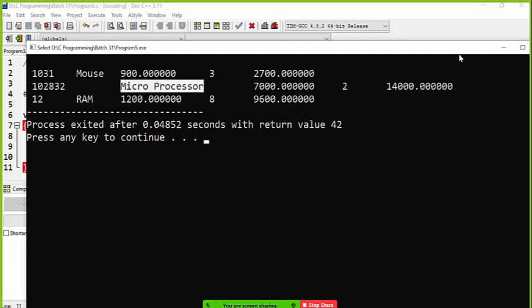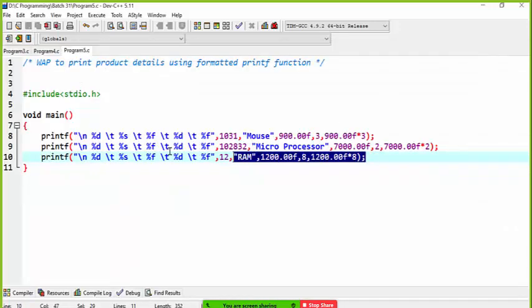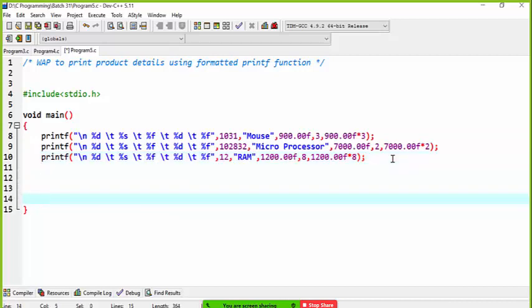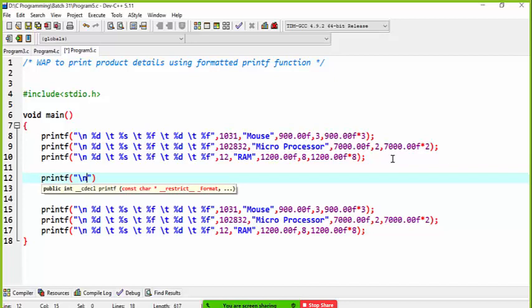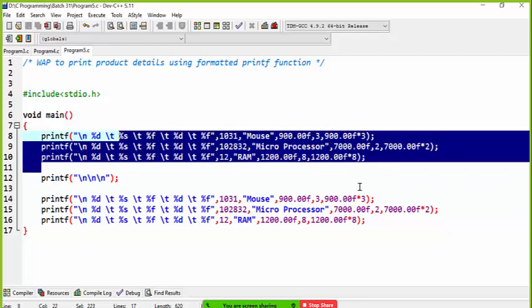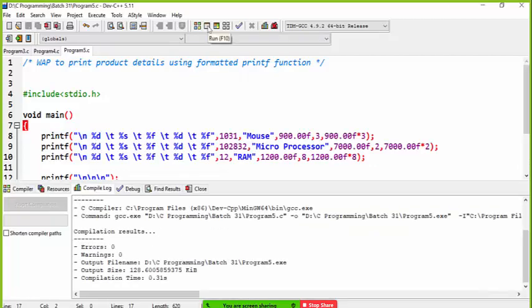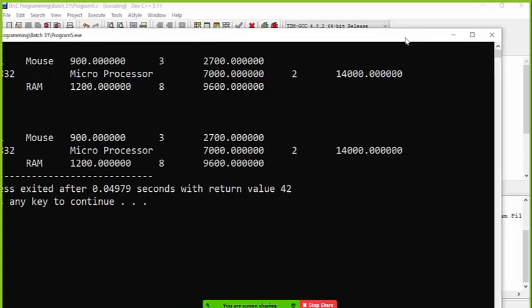So I want to lay it out more correctly, and for that I have another option. I copy these three lines. Here I paste again. I just keep a line break between the two different outputs. So the first three lines and the second three lines are the same. I'm going to make some changes in the next three statements.